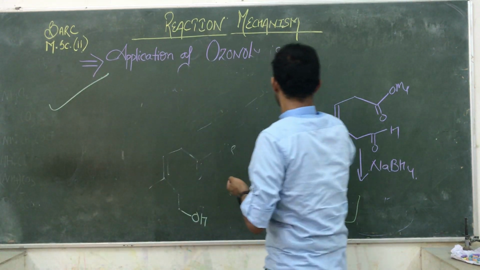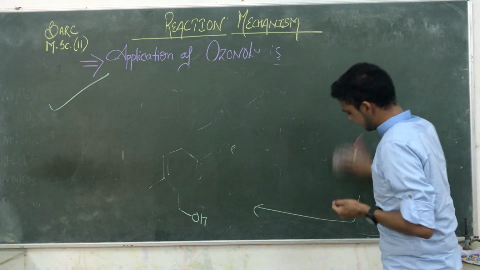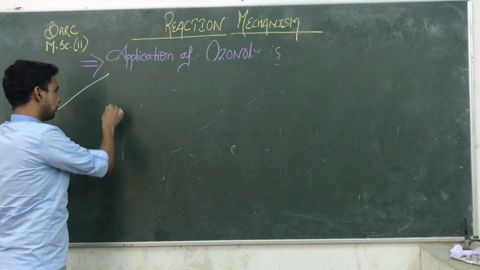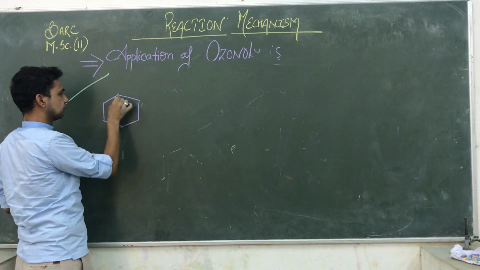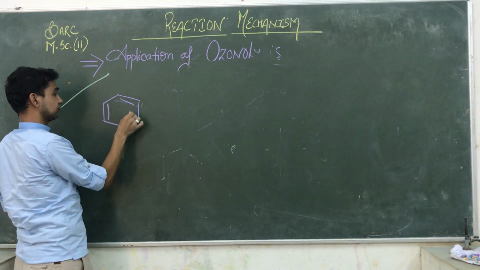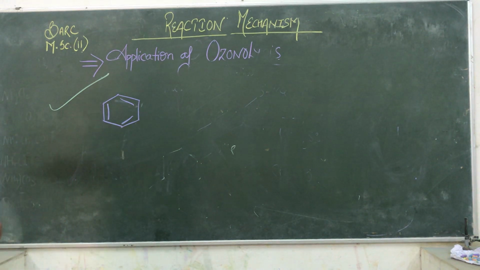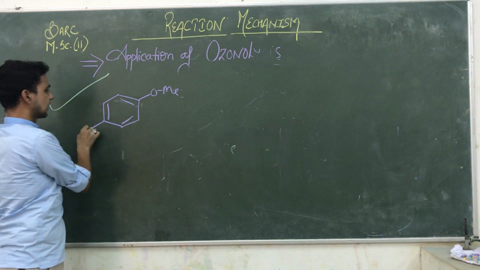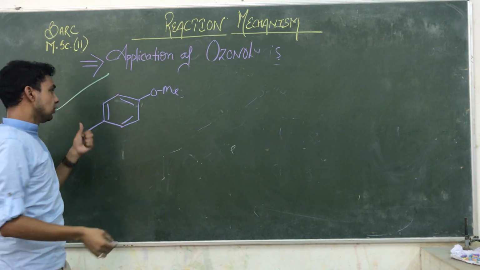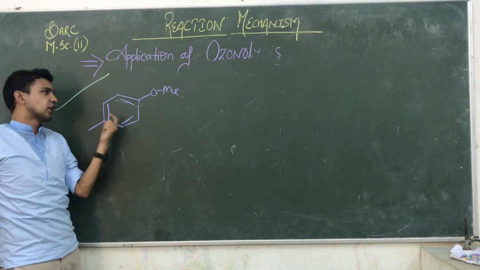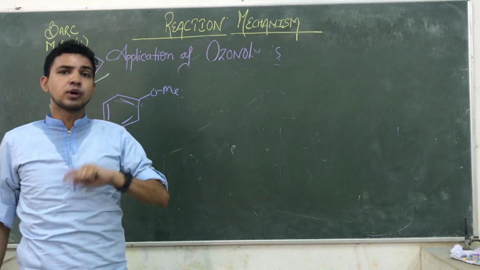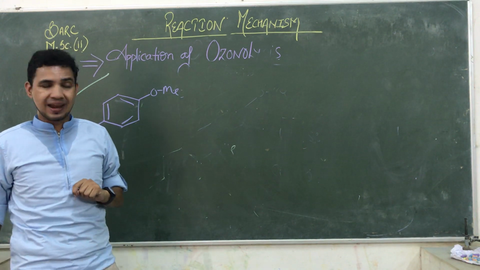The next application is where we use similar kinds of compounds. We are using aromatic compounds. It is a NEET-type question. Suppose we are using a benzene ring. Here the substituent is OMe and here the other substituent is. First of all, it is very difficult to apply ozonolysis to such compounds. We need to convert this compound into alkenes.